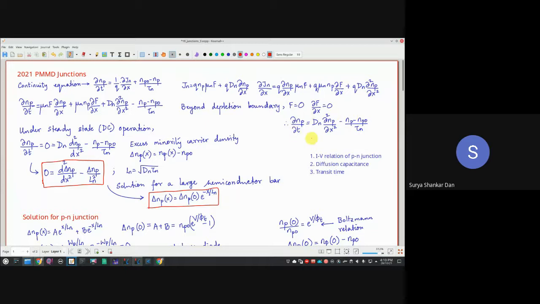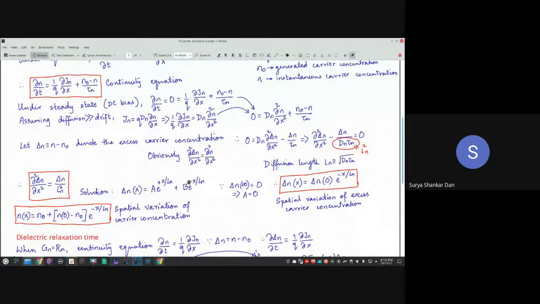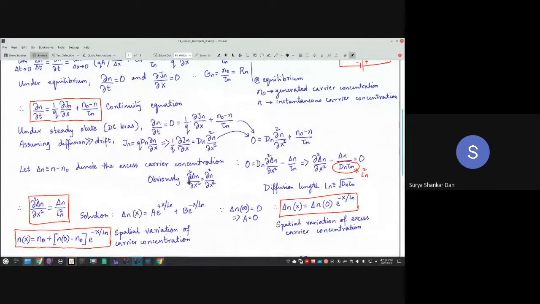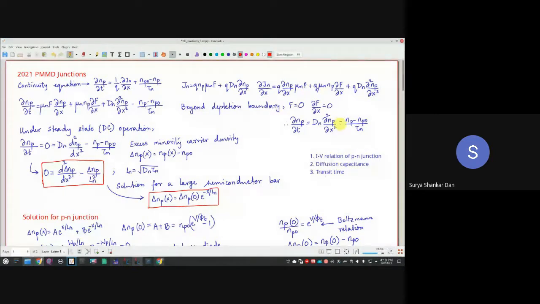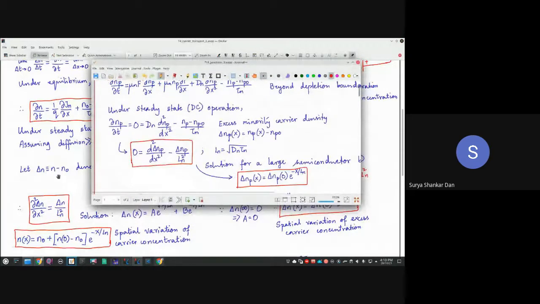Which is essentially similar to the situation which we had seen in our previous lecture. Look at that part. Del n del t is equal to this, correct? So this is very much similar to what we have seen here. Now under the steady state, again this is equal to 0. Excellent. So you are left with this relation, which is again, notice, the same as the equation which we had done for the pure materials, even without considering the p-n junction.